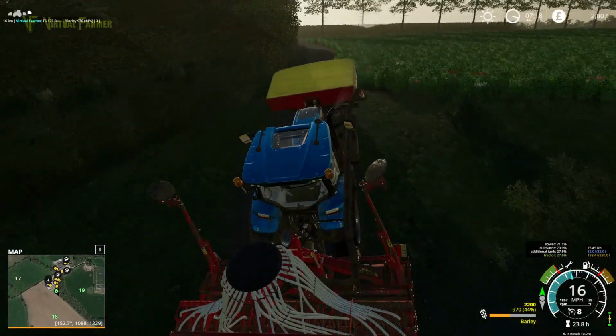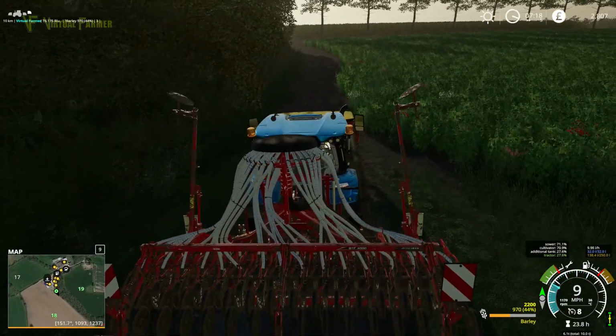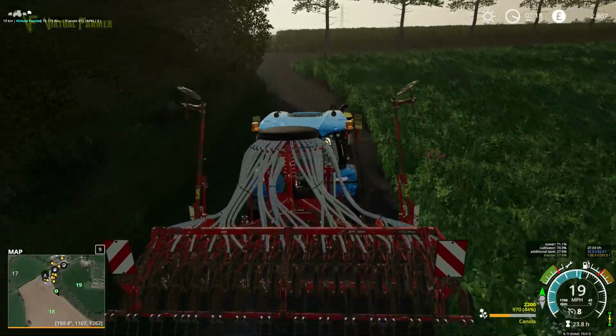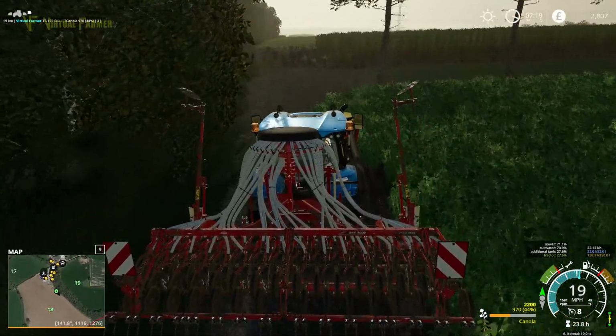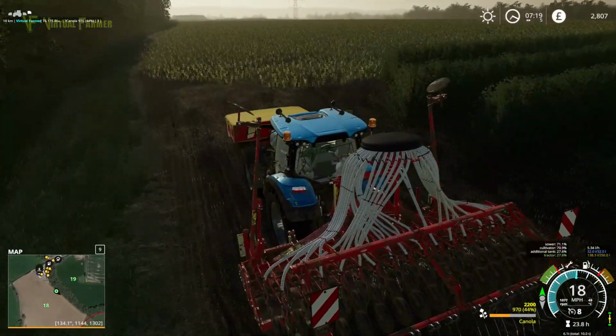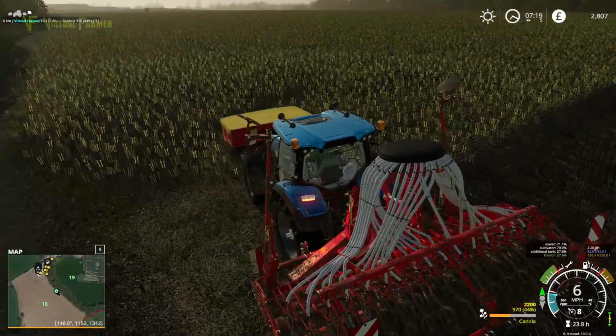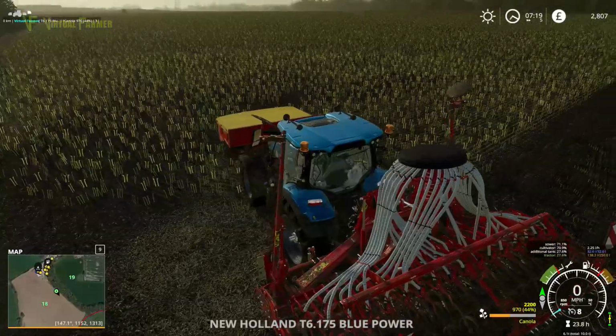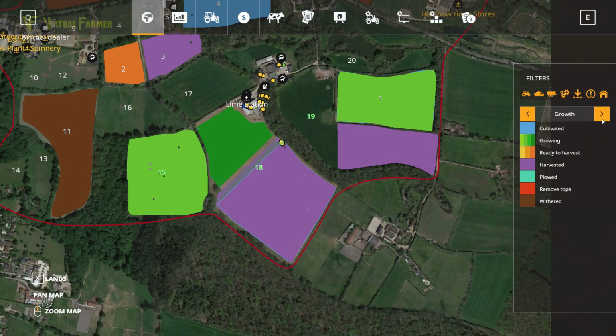So what we're gonna plant down here is going to be some canola, I think. Did we have canola in here already? If we did, then I want to put something else. So we'll have a look. We have the right head for... Yeah, so we had canola in here, so we need to put either soybeans or...